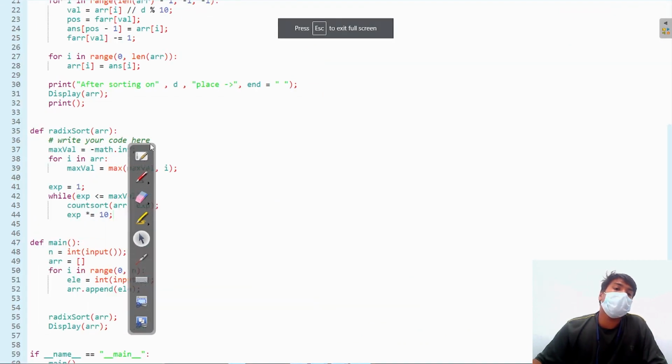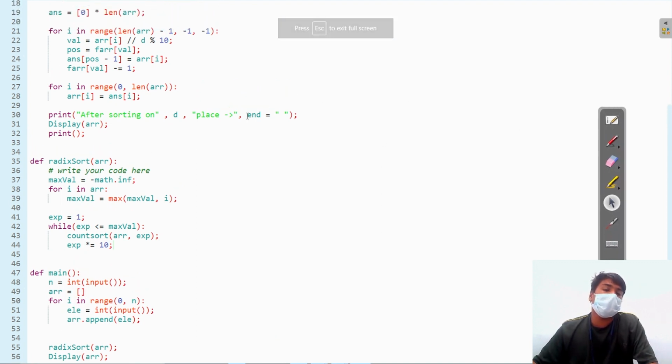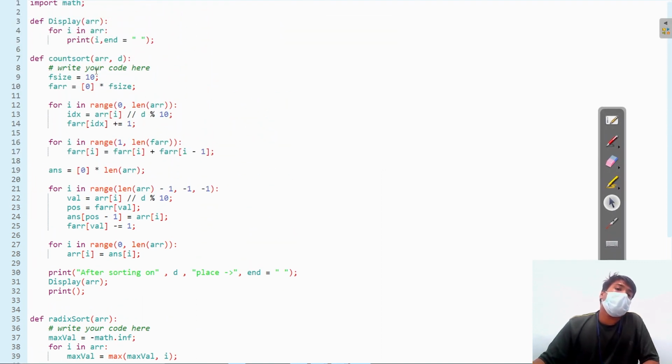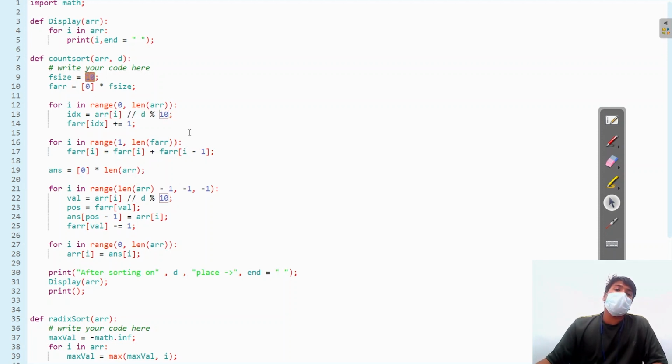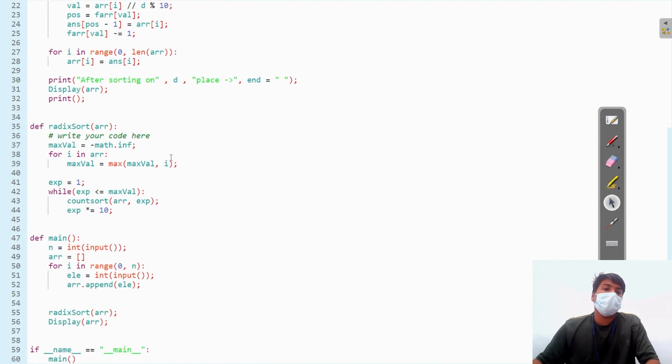It is an easy question based on the count sort. What we did is the same thing that we did in the count sort. This is what you need to understand, that this time we are playing with the places. We are playing with only the element at a particular place. You have to understand why the size is 10, and that's all. Everything else is easy.